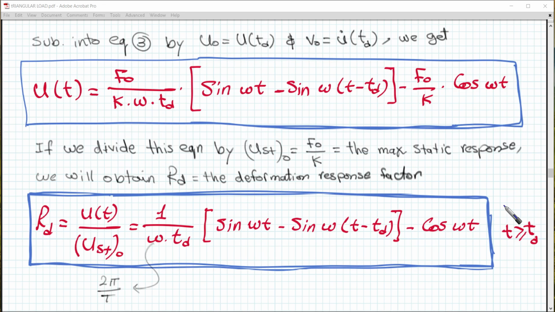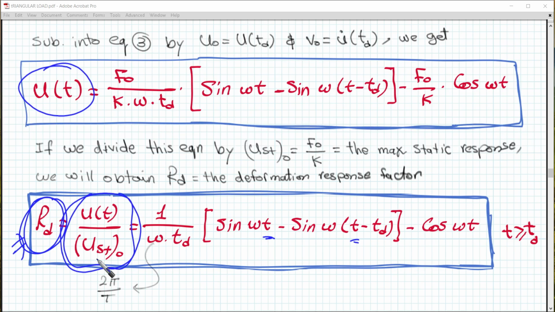I want to highlight again, please do not be confused. They are long equations, I know, but they are easy and simple. This is the response of the system in terms of displacement at any time t. This equation is giving us the deformation response factor, or some people call it the dynamic response factor. We are talking about different times because we have t here, but it is going to give us the maximum value,